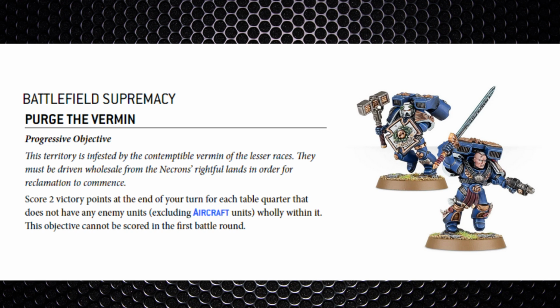Now I always personally take this one even if I don't max it out, because it forces your opponent to spread their army very thin, and you can really start to pick up points fast if they don't keep units in each quarter. Unfortunately you can't score this in the first battle round, so it only leaves 4 possible turns to score, but doing the maths, if your opponent leaves 2 quarters unmanned for the 4 turns that remain, that will score you 16 points, and of course that gets capped at 15. But even if you only scored 10 points, it usually puts a real spanner in the works in terms of